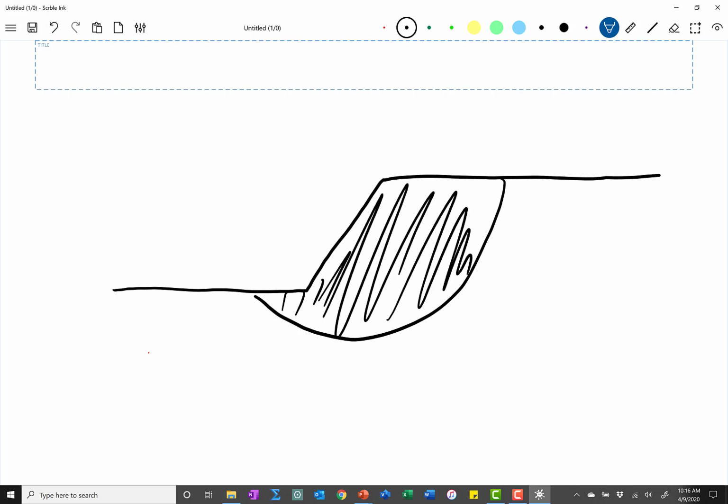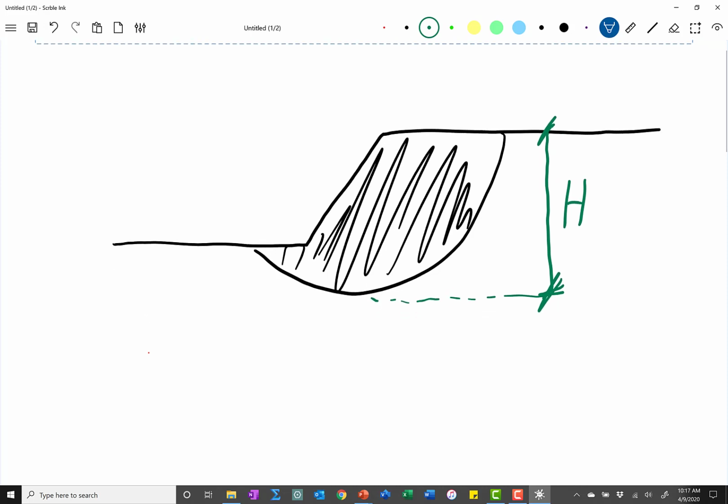This distance from the top of the slope down to, say, the bottom of my failure mass, that height is h. And then the average shear wave velocity, not v sub v, v sub s, the average shear wave velocity in that soil mass is the v sub s that we use. So for one-dimensional,